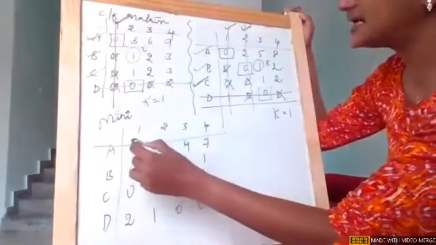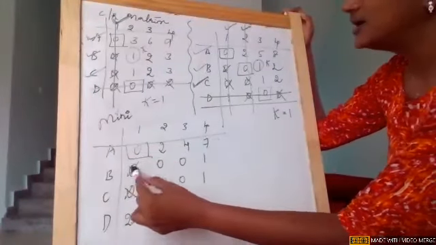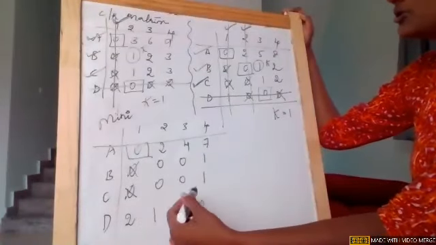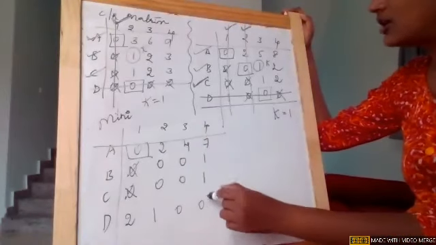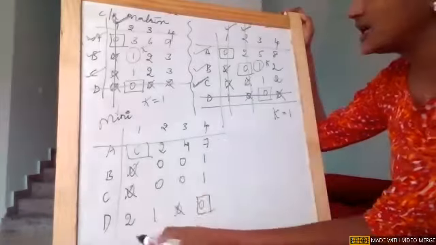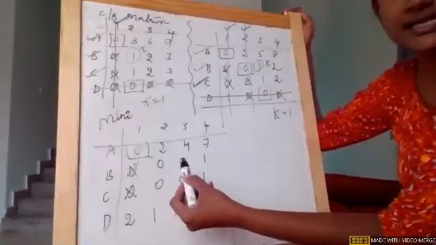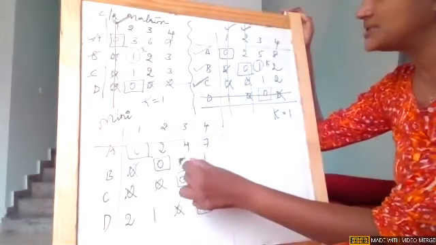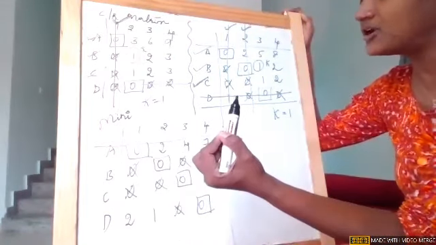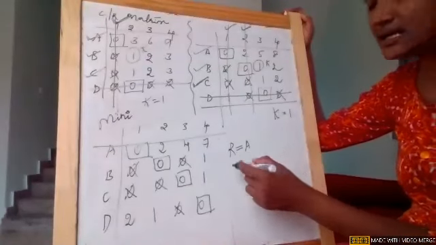Okay, now again consider assignments. First row, single 0, make an assignment. Cross off the corresponding column zeros. Second row no scope, third row no scope, fourth row no scope. Now come column wise. First column, second column, third column, fourth column there is a single 0, cross the corresponding zeros. Now if you see what is remaining, a square is remaining, right? In a square, any two corners I can assign, and the other two corners I cross. I am assigning these two, and crossing the opposites. Two opposites I assign and the other two opposites I cross. Now if you see, there are no zeros left out. First step, my rows are equal to assignments. Second step, hence optimal.